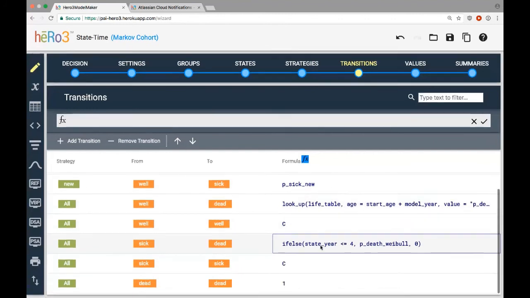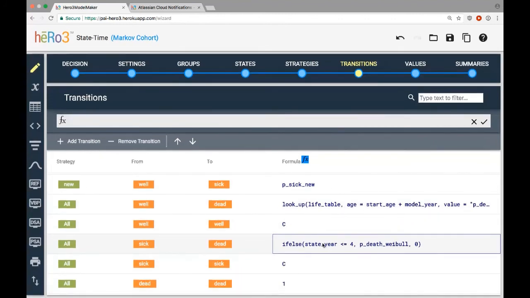And so like that, we have made explicit time-dependent conditional logic here, where we'll have one set of transition probabilities for the first 4 cycles defined here, and then another set there. Now, of course, you can do a similar condition where you use model year if you wanted that to be model time dependent.